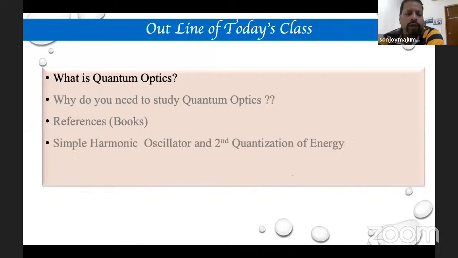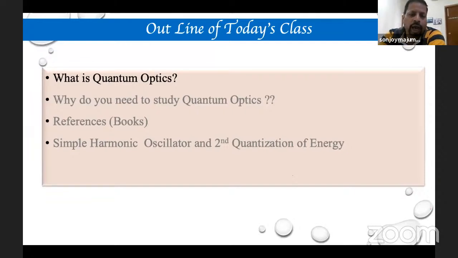Then what I'll discuss, I'll start from scratch, which is the basic of all this discussion: the simple harmonic oscillator. You can establish everything from the knowledge of the simple harmonic oscillator, and you'll see that we require to quantize this system, the oscillator system, and the second quantization energy will be very important for us, which I'll try